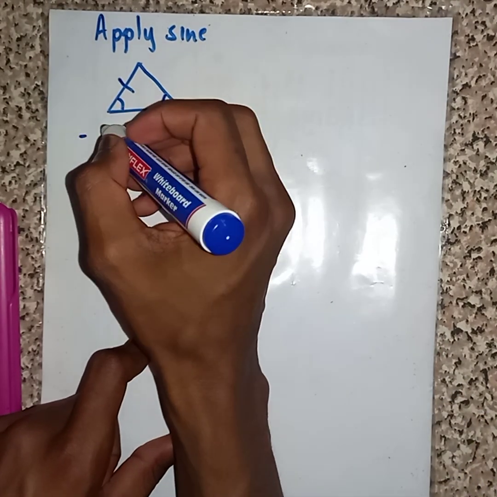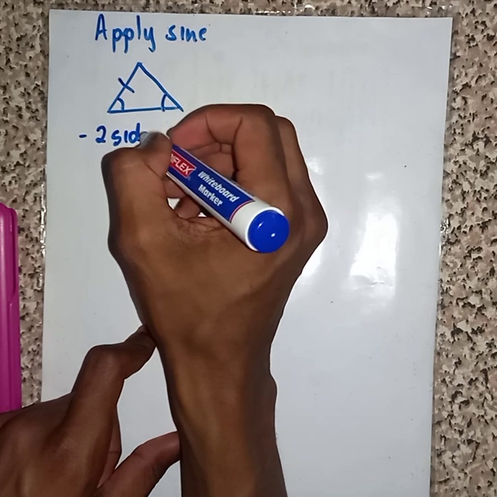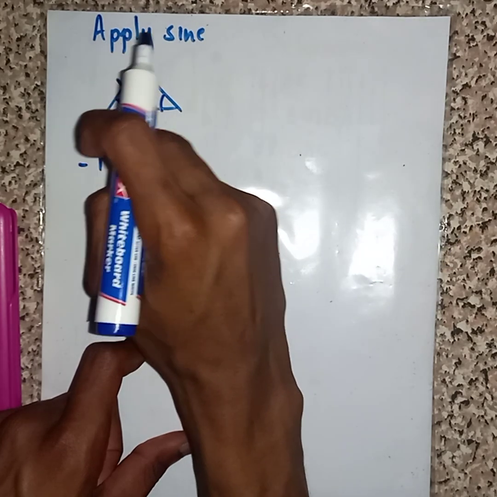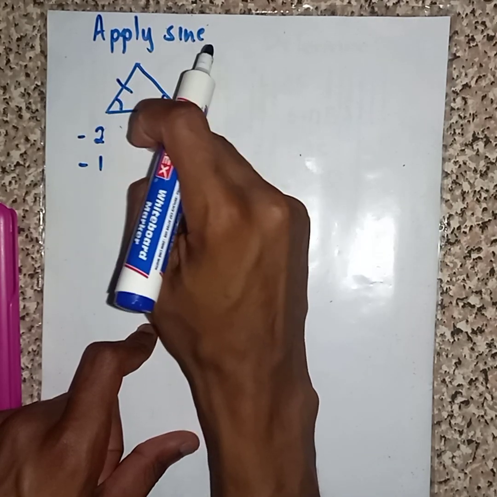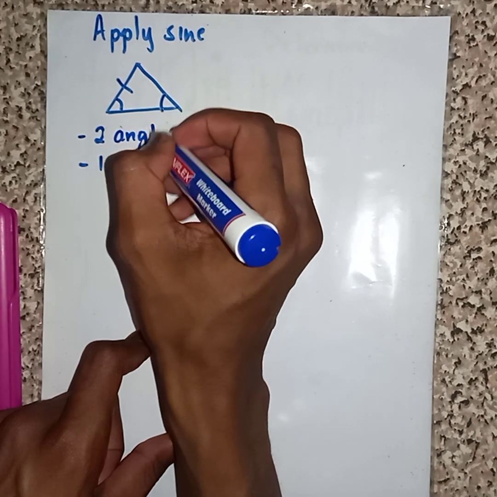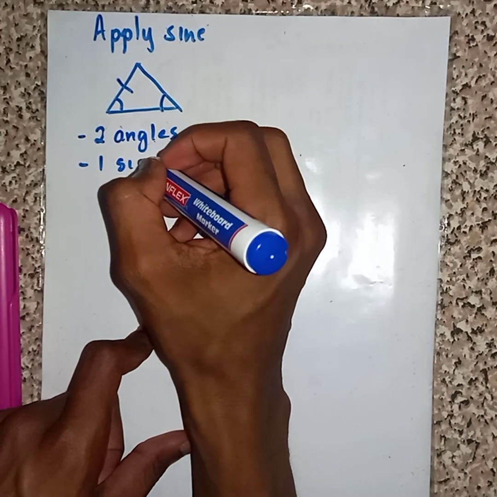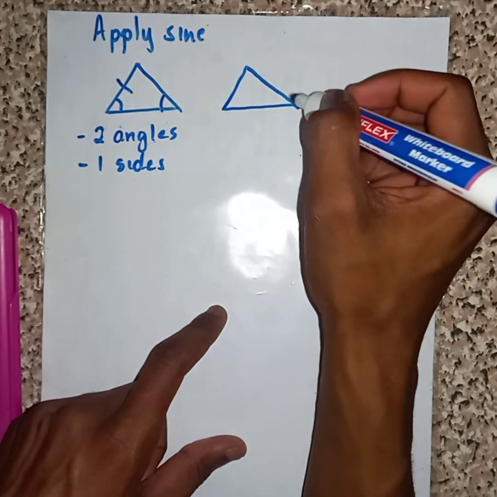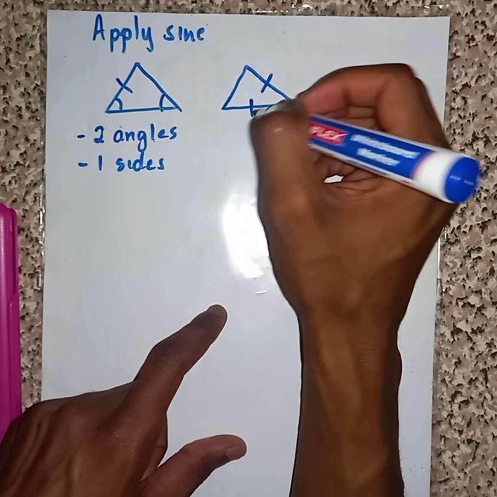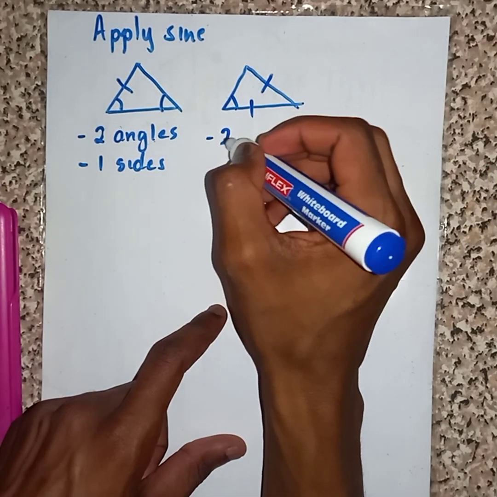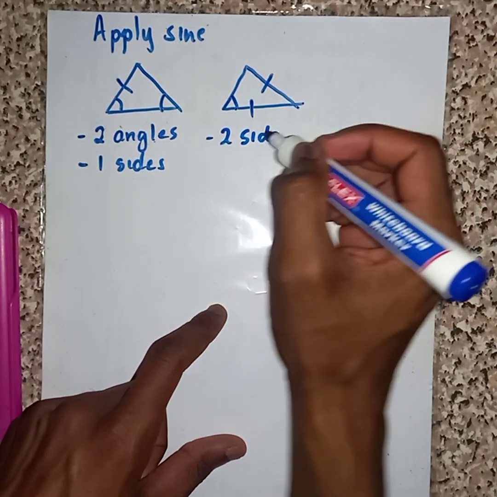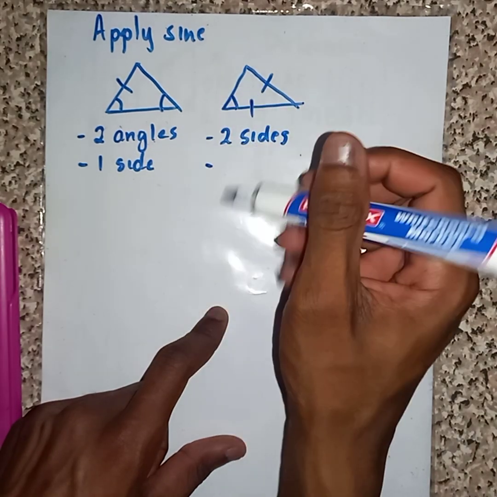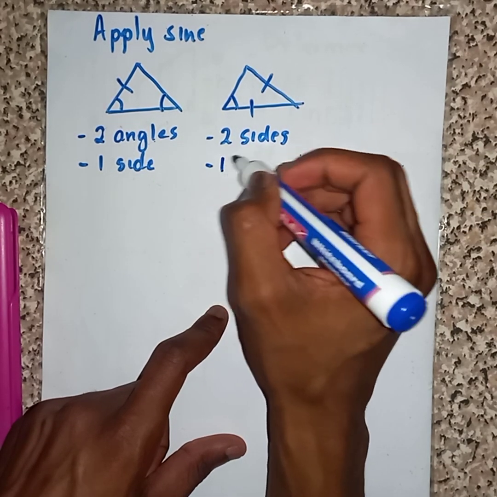Somehow I should have 2 sides and 2 angles, 1 side, or I need to have 2 sides, sides with 1 angle, one side to 1 angle